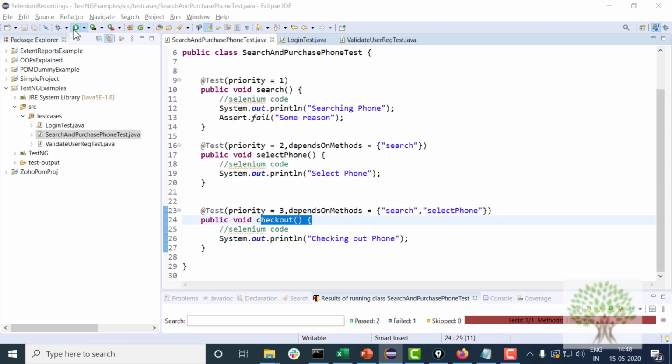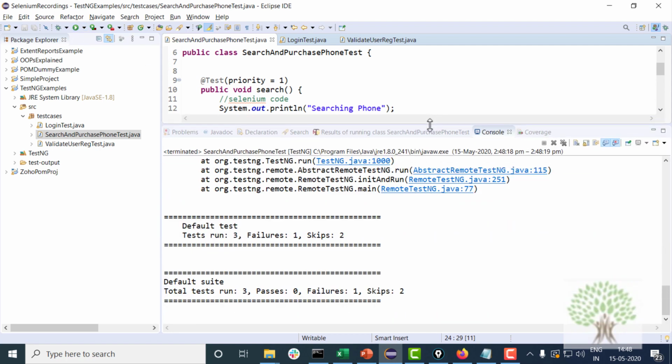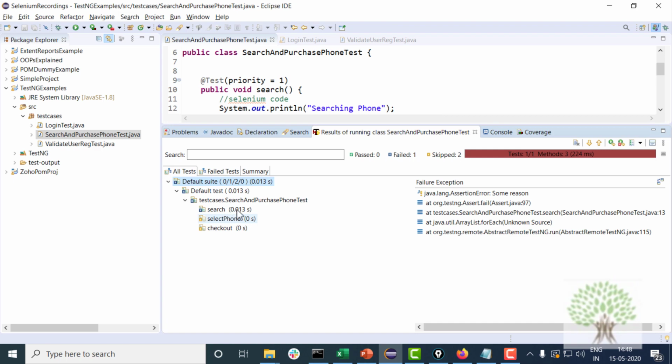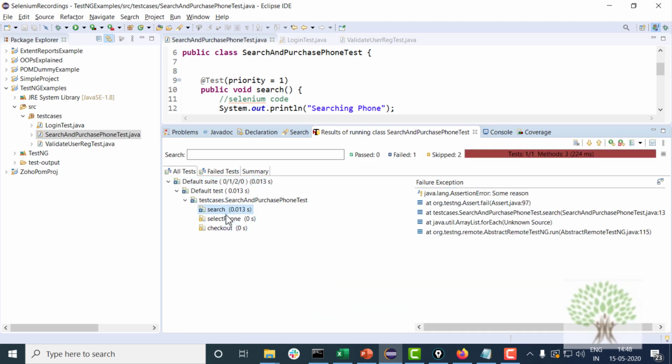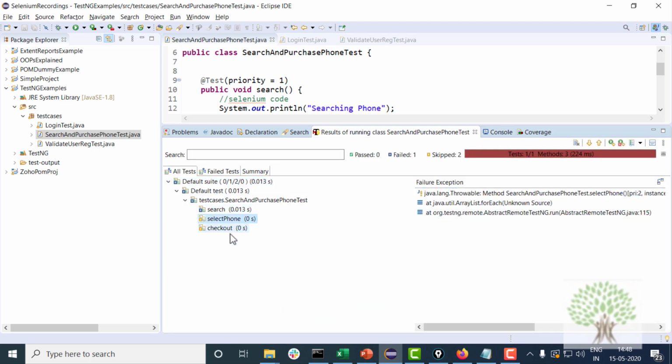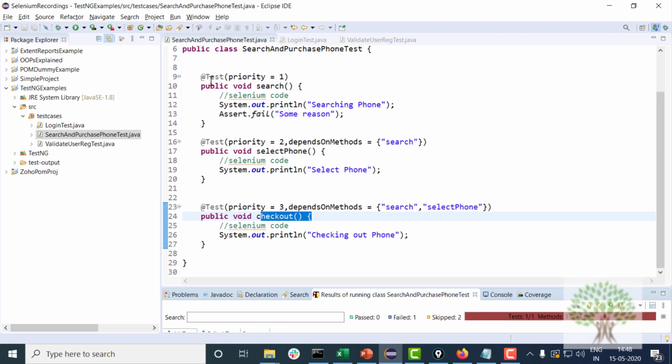So if I run this, you will see that in the output, first of all, it says that there is one failure and two skips. So the first test fails and the other two tests, they skip. Okay, look, dependency is a very big topic.